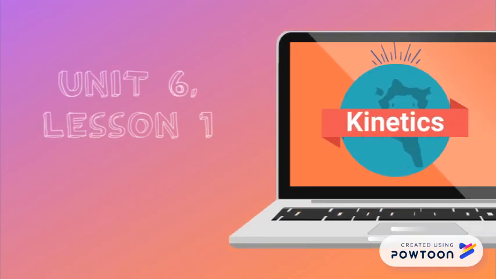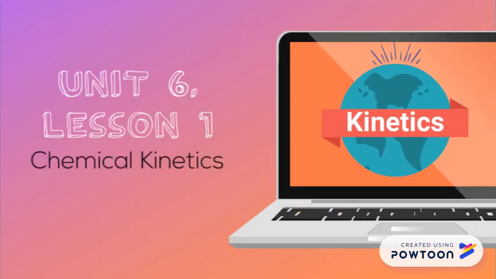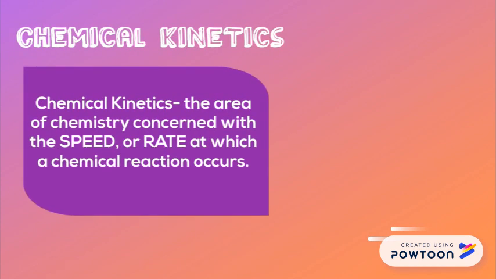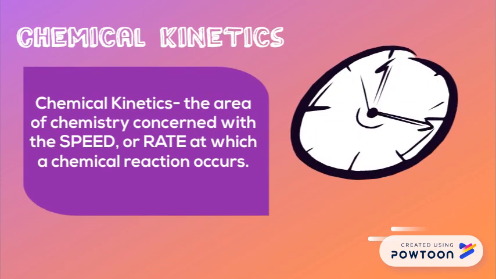For Unit 6, Lesson 1, we will be discussing chemical kinetics. Kinetics is an area of chemistry concerned with studying the speed or rate at which a reaction occurs. Throughout this unit, we will discuss how we speed up or slow down a chemical reaction. In order to understand how we manipulate the speed of a reaction, we first must discuss how a reaction takes